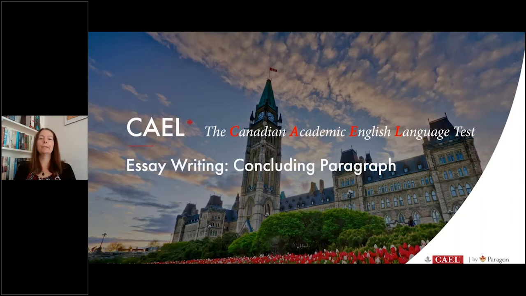Now remember, if you are writing an essay for the CAEL test specifically, all of the details that you will be writing about in your essay will come from the source material on the test itself. So namely the reading and listening passages. While we're writing this essay in order to learn proper structure, we're writing about our own educational experiences, and we are drawing on our own personal experiences in order to support